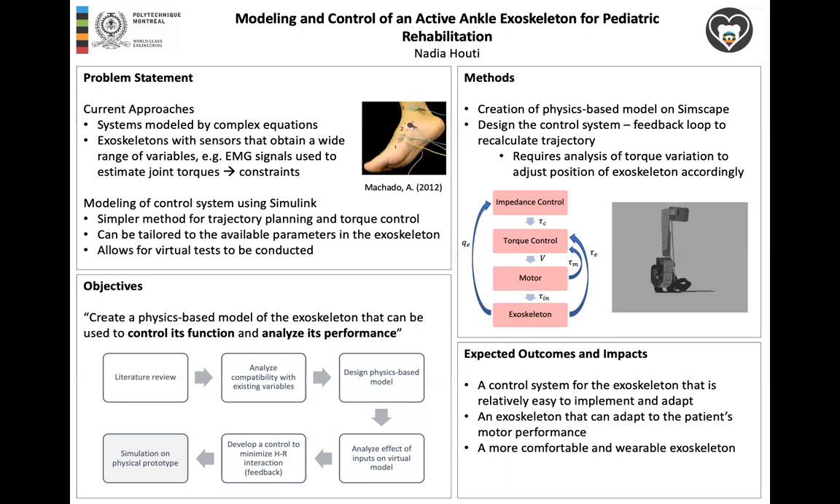an exoskeleton that can adapt to the patient's motor performance, and most importantly, a more comfortable and wearable exoskeleton for